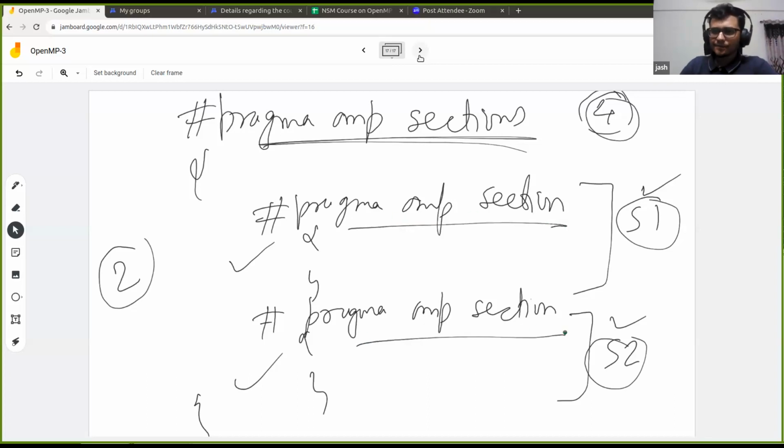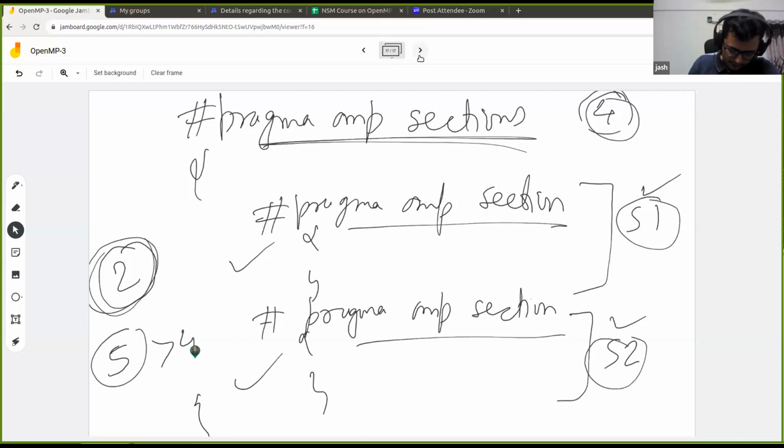And again, what if the number of sections is greater than the number of threads? This was the first scenario, and this is another scenario. Let us say that you have 7 sections and 4 threads.